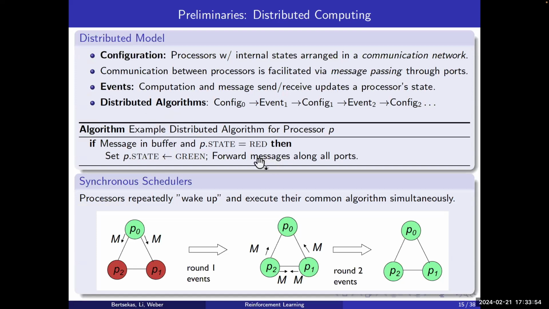So in this algorithm, it does sort of a broadcast where it just sends the messages out along all ports. You might have a situation where a processor has an ID and the algorithm can check against the ID and make decisions about a specific processor. Is that what you mean? In this algorithm, yes. But if they have IDs, then you can make special messages that only apply to certain